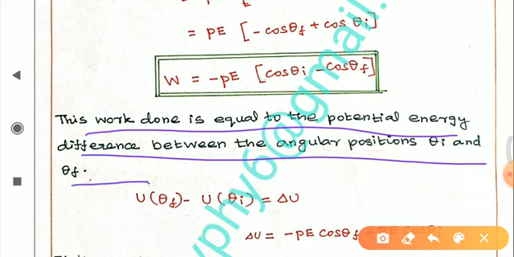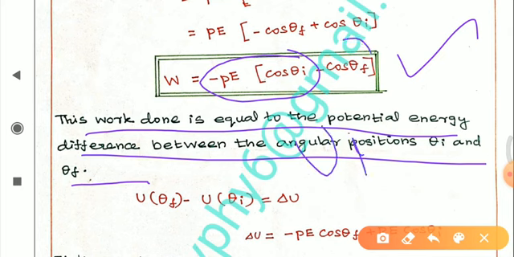If there are two different angles, we will use this formula: W is equal to minus PE into cos theta I minus cos theta F. Then minus PE cos theta I is nothing but potential energy only, so we can write